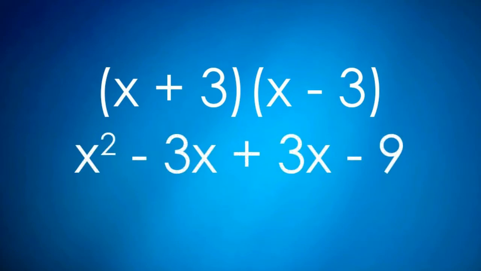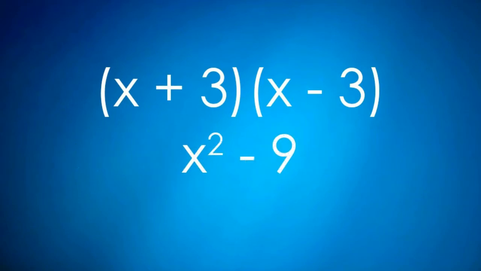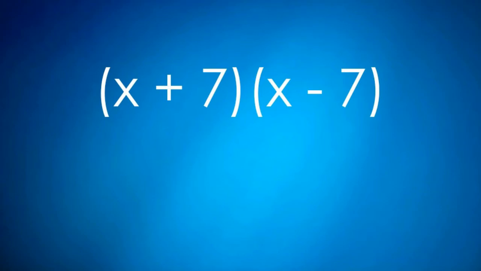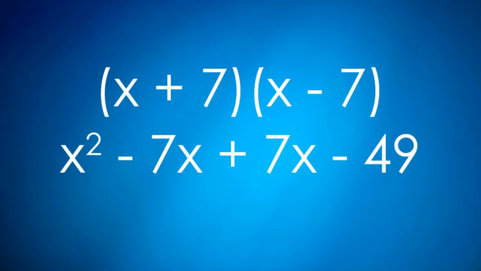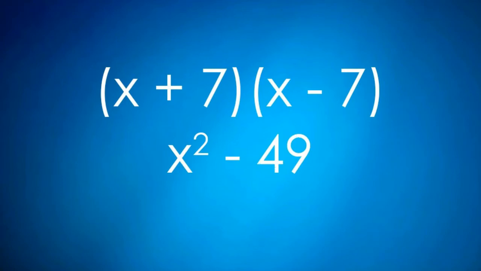Consider quantity x plus 3 times quantity x minus 3. This equation will be equal to x squared minus 3x plus 3x minus 9 when we use the FOIL method. Combining similar terms, the equation will be equal to x squared minus 9 since negative 3x plus 3x is equal to 0. Consider quantity x plus 7 times quantity x minus 7. This equation will be equal to x squared minus 7x plus 7x minus 49 when we use the FOIL method. Combining similar terms, this equation will be equal to x squared minus 49 since negative 7x plus 7x is equal